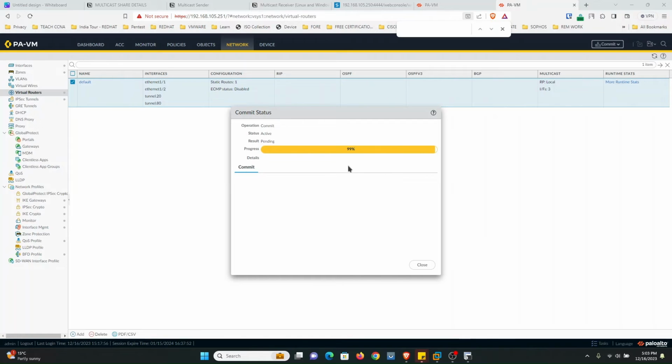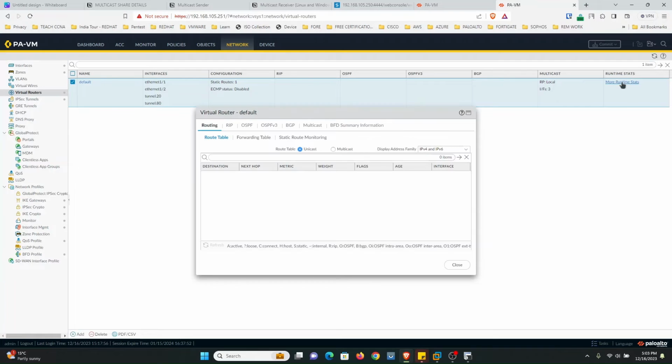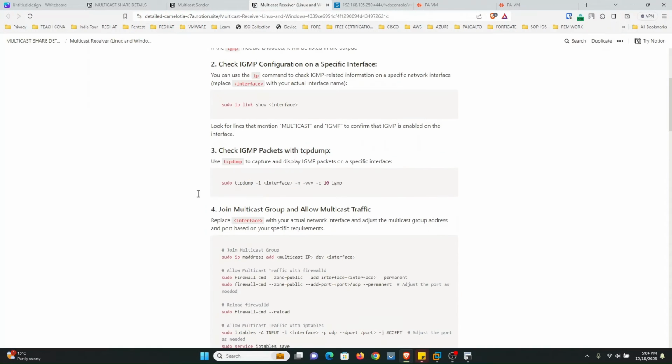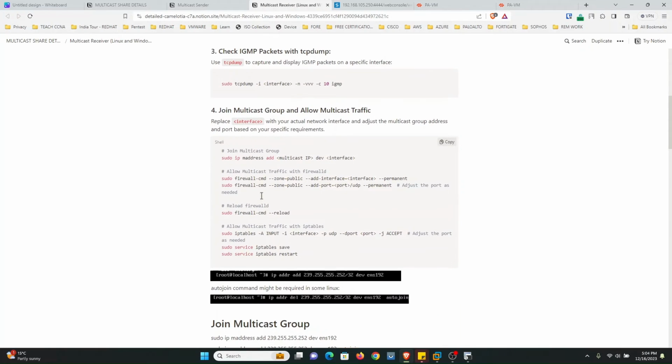Okay, 99. So what we need to verify is we can check the routing table multicast. Actually the group is 250, so I need to check this. One thing I have already mentioned before, I just need to join the multicast group in this